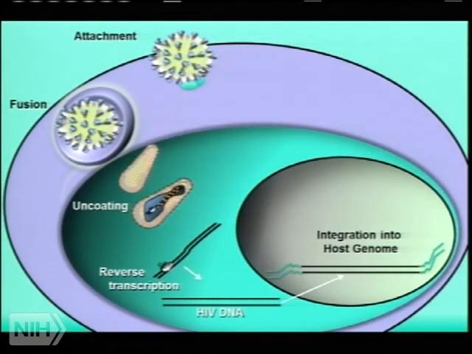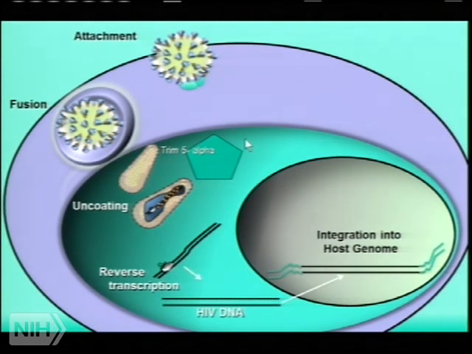This uncoating step, here in a different artist's rendering: it attaches, it fuses, it gets in, here's the core, and then this core has to break open so that the enzymes can have nucleoside triphosphates, since they can't get them in an intact core. That gets to be a difficult affair. So this step turns out to require a gene product, or it can be restricted by a gene product called